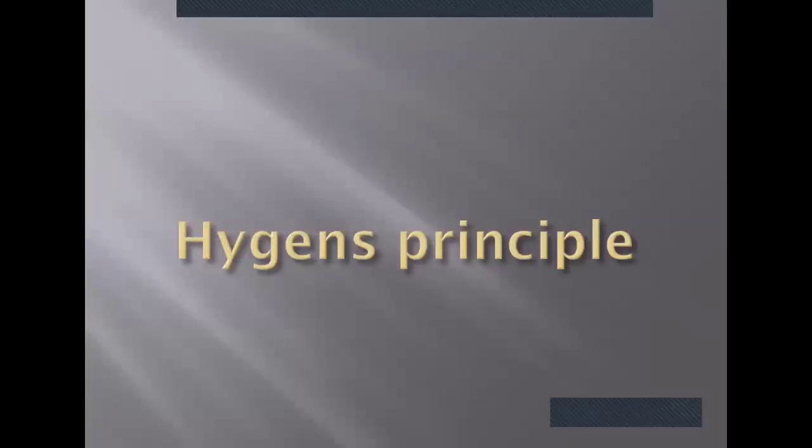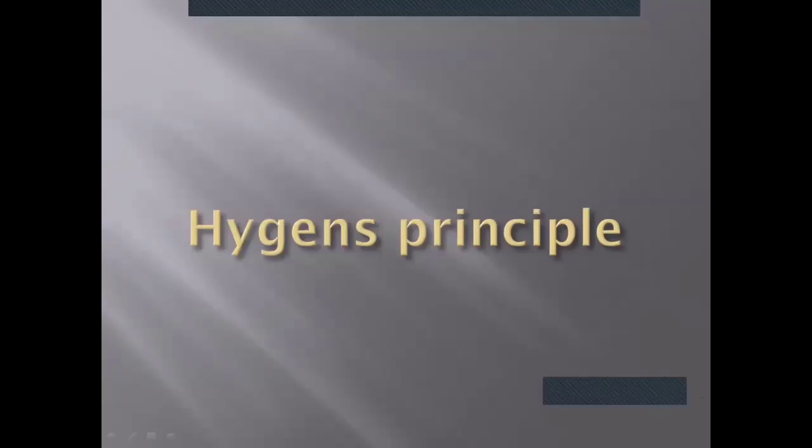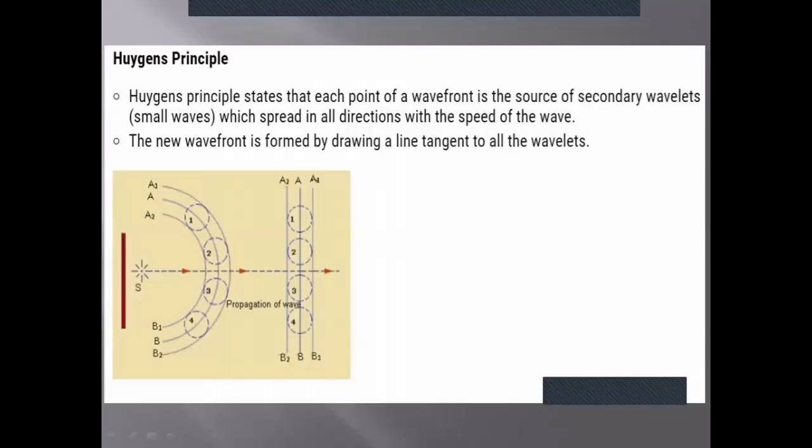So this is the Huygens principle, second wavefront, which is created over here. Huygens principle states that each point of the wavefront is the source of secondary wavelets, that is, small waves. This is the primary wave. Each point of the wave creates the secondary waves, and because of that, the next secondary wavefront is created